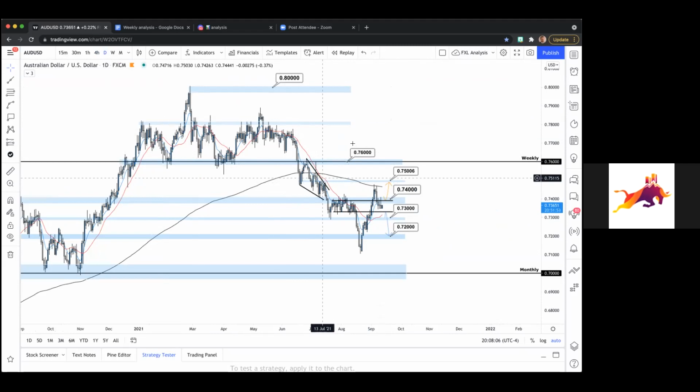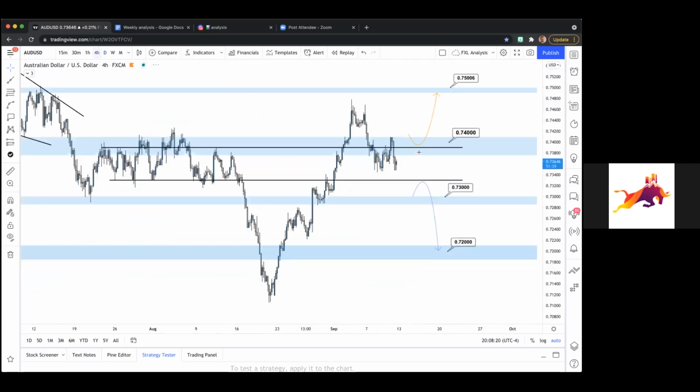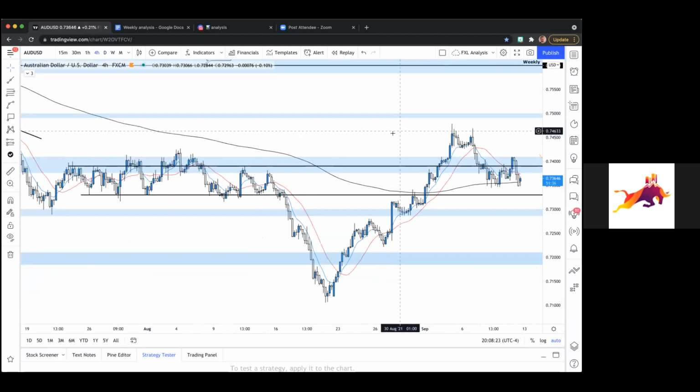So price action broke through this weekly at 0.76, gave us a lower high, and then started heading lower and lower. So this is technically just a test right here. We don't have a confirmed high or low yet. So we are technically still bearish on the daily. Let's now go to the 4-hour, see what's going on here, what this trend's looking like.